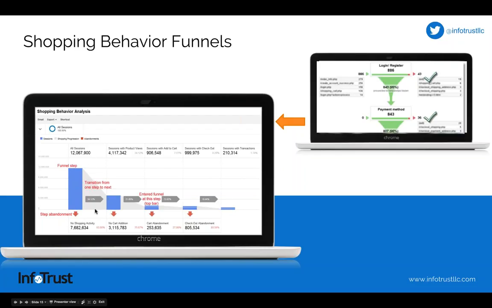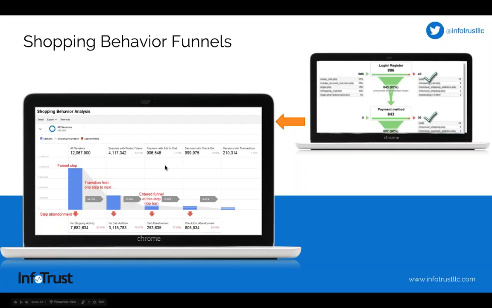What's cool about these is that it automatically shows you the number of sessions at any stage along the path to purchase. It shows you what percent of users go from one stage to the next, so the conversion rate between two stages. It also shows you the number of dropouts or abandonments, sessions that end on a particular stage, at what rate, again, abandonment rate in total or between two different stages. It even shows you where users might enter a particular stage.